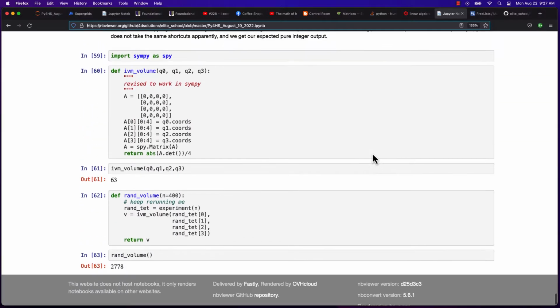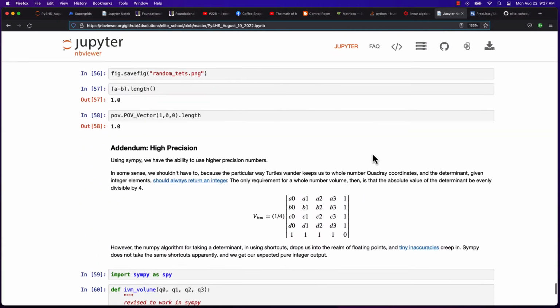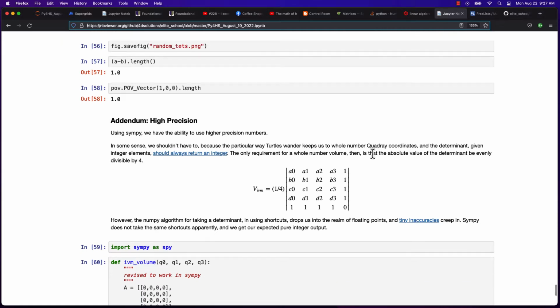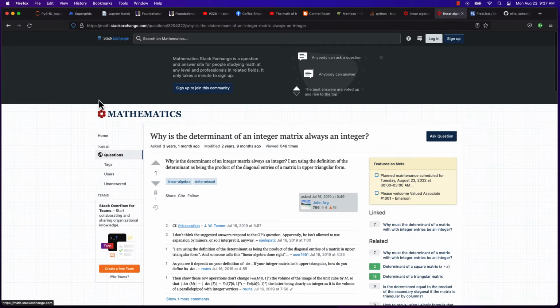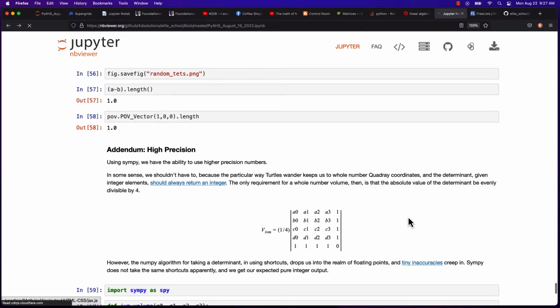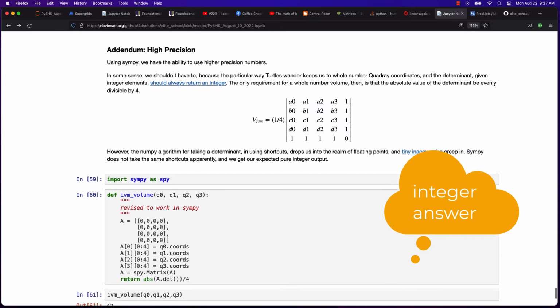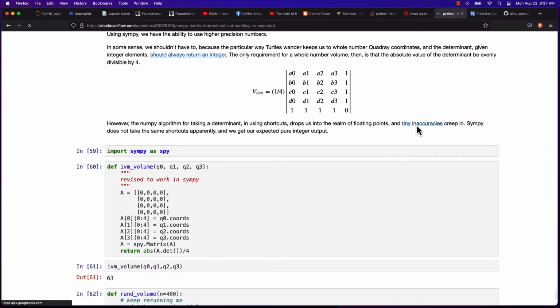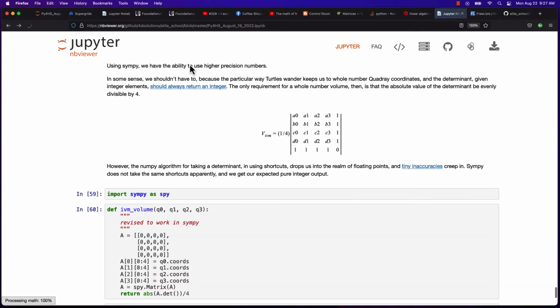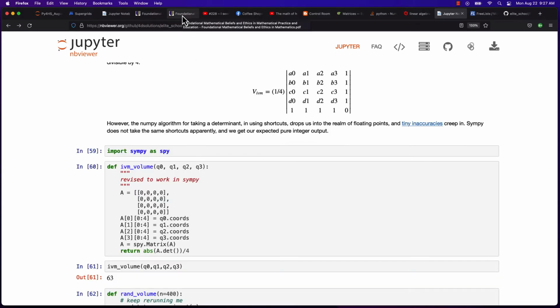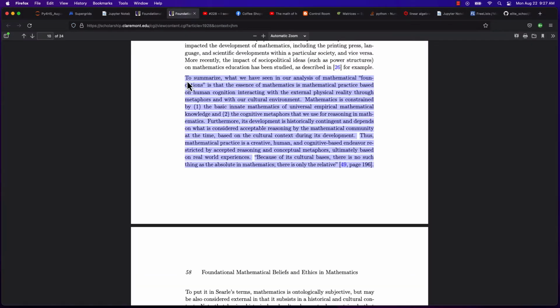So what did I add since last time? You might remember, I wanted a higher precision volume than just the floating points. And it's really kind of mystifying why we have this problem, because if you have an all integer determinant, you would get a determinant answer. So I'm dividing by 4 there. But why do I have these crazy floating points in all my numpy answers? Well, because they do a different algorithm that involves some division that speeds things up a lot. So yeah, we fall into floating point, get some tiny inaccuracies.